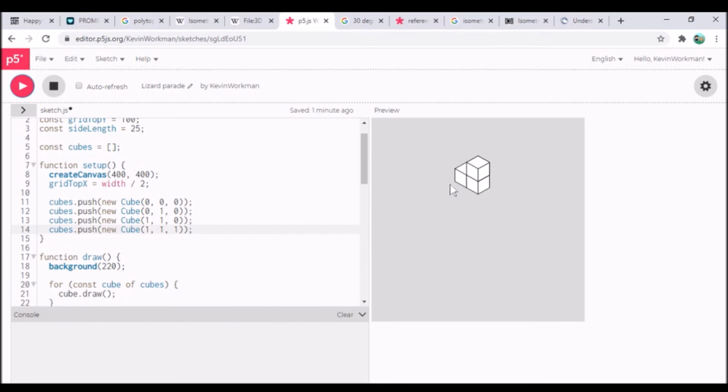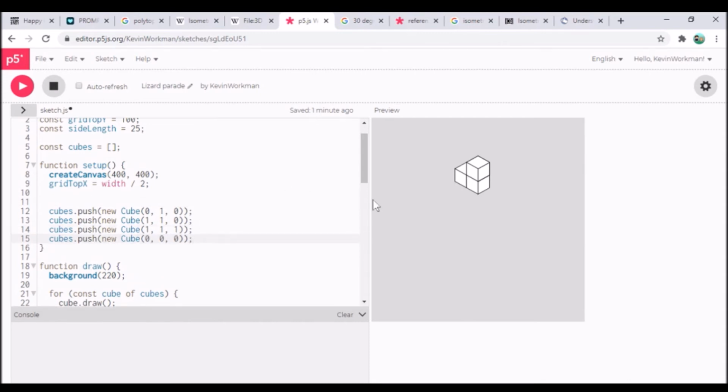And you can kind of see that the cubes overlap, and that's actually intentional. That's part of the isometric view. So maybe let's just see what happens if I add my back cube first. Let's see what that looks like. And yeah, nothing changes because a cube at 0, 0, 0 and a cube at 1, 1, 1 ends up